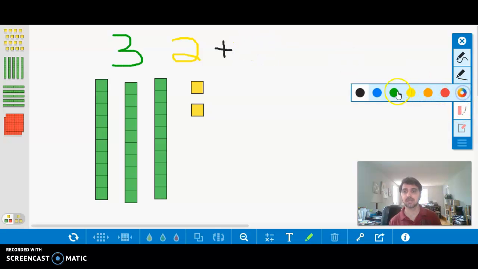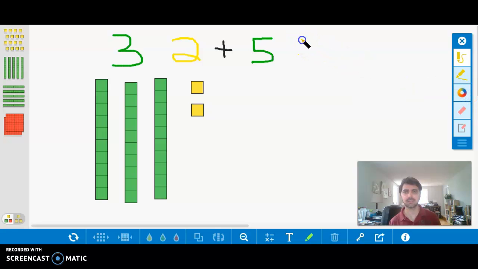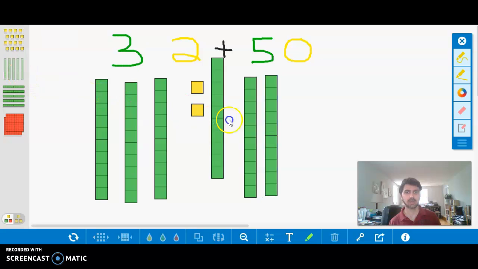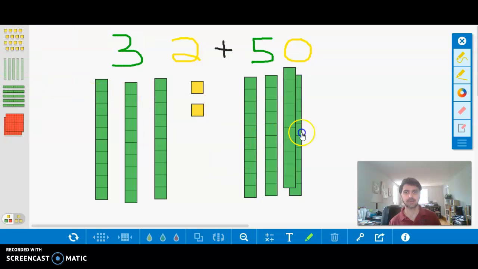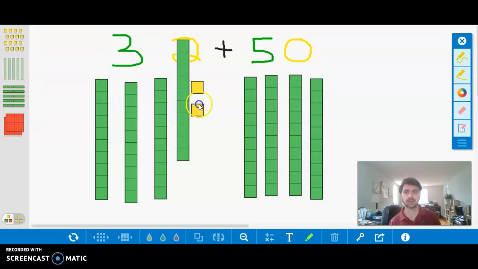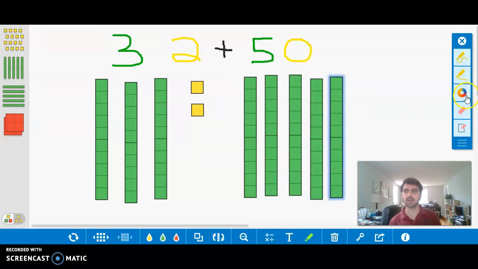Let's add 50. So that means we're going to add, that 50 would be 5 10s. And are there any 1s in 50? I don't think so. Let's see. Nope, 0 1s. Okay, so let's add our 50. We're going to add 10, 20, 30, 40, 50. All right, so my question to you boys and girls is, if I have 32 starbursts and I add